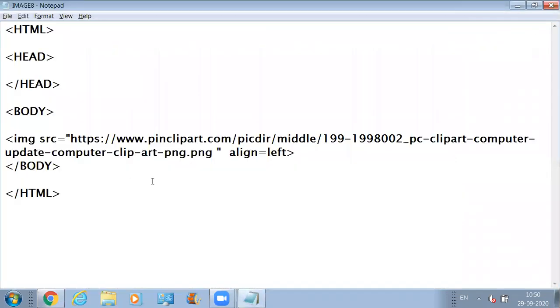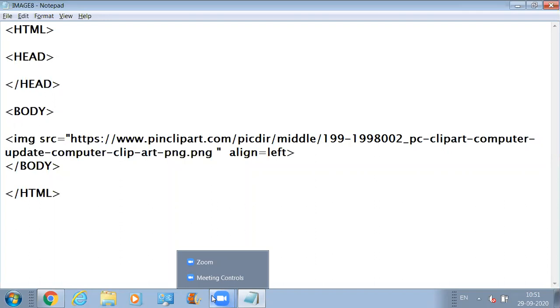Fine. So this is also an attribute which you can use for making your image float on the left side or on the right side. Now, there are chances that, due to a low bandwidth issue, suppose you have created a website and the user who is traveling on your website is not able to access the image. It happens very often that we access a website but we are not able to see the images that are there on the website just because of a low bandwidth issue.